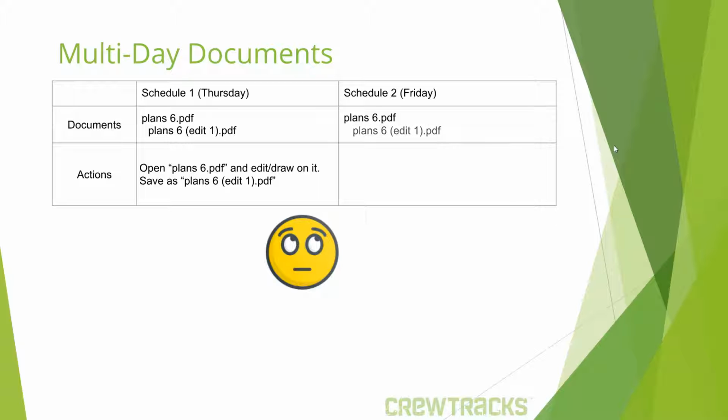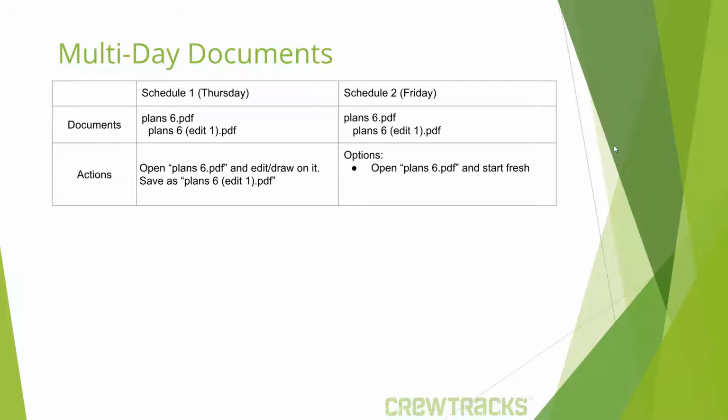So CrewTrax puts plan6edit1.pdf on that schedule. Now, when Friday arrives and the foreman is looking at Schedule 2, he has a couple options. He can open plan6.pdf and start fresh. That's the base document. He can start over. Or